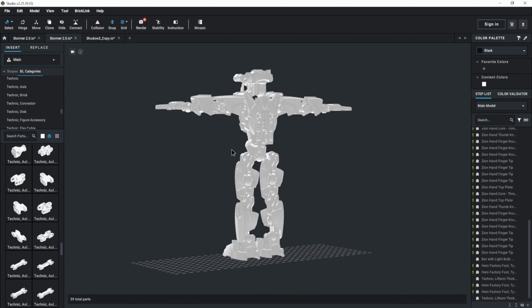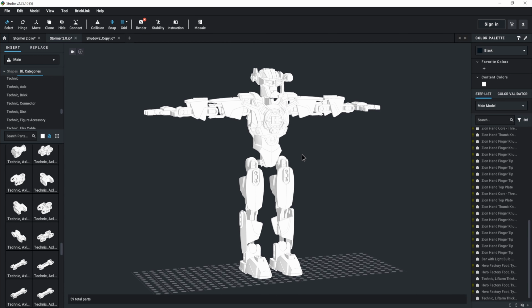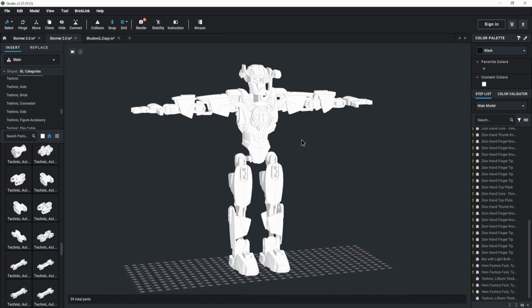So I will say this is a modified version. This is actually technically my version. I have a real life version of this figure that I have, and I decided to build him in Studio so that we can go ahead and rig him. All right, so we need to export him. So what we're going to do is we're going to go to File, and we're going to go Export as